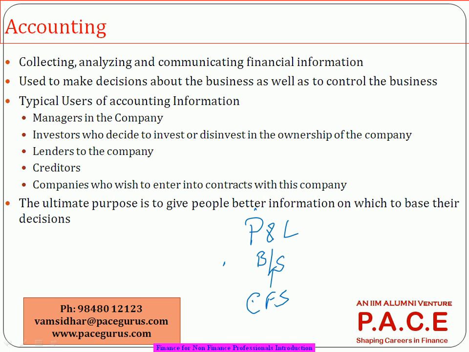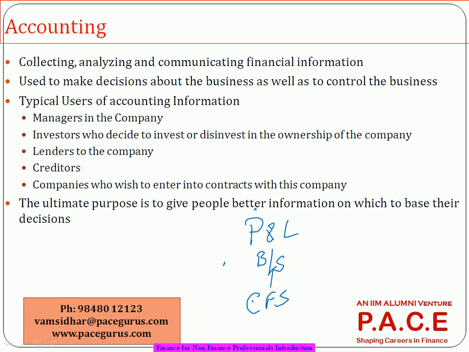All the transactions which the company has done during, let's say, a 1 year period, daily you are recording them, and at the end of, let's say, 1 quarter or 1 year, you are collating them under appropriate headings. Probably today you sold one bike, tomorrow one more bike. Like that, if I take it for 1 year, you might have sold some 2000 bikes. So the total amount for which you have sold those 2000 bikes will come out as your total revenue. There will be one element in the P&L statement called revenue. So you will directly put it under the revenue heading. That's how a typical financial statement is prepared.